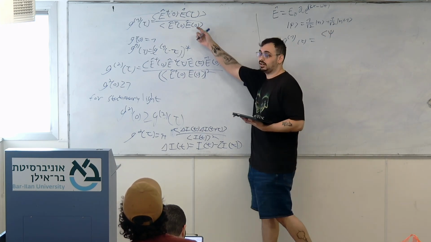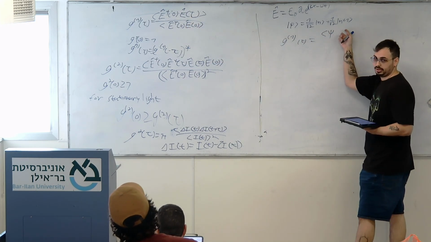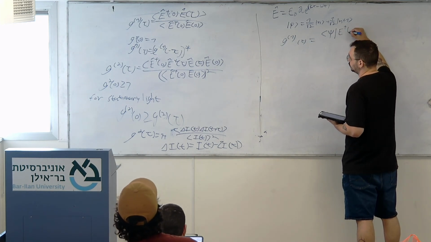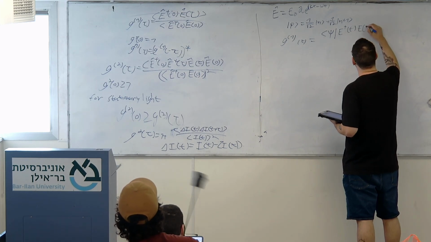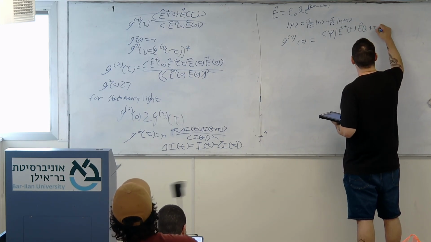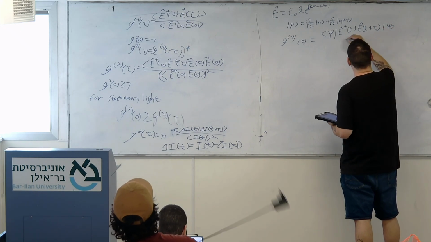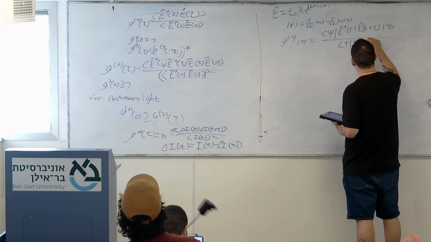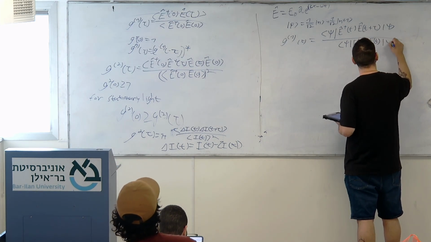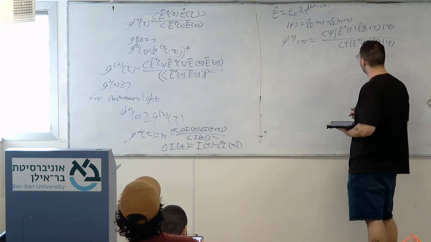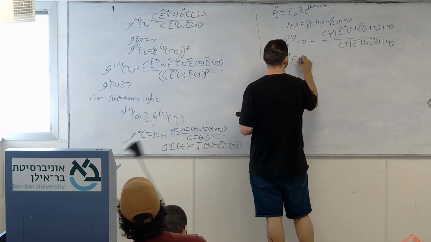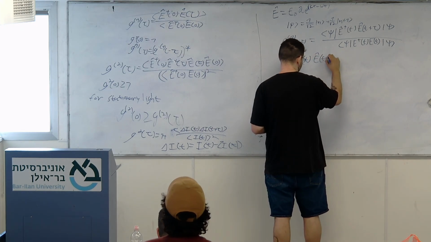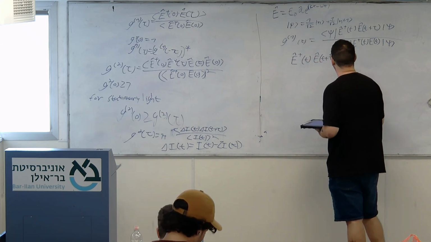But instead of taking a general average, I'm taking an average over our state now. So psi, E dagger of t, E of t plus tau, psi, divided by psi, E dagger of t, E of t, psi. Now E dagger of t E of t plus tau would be equal to